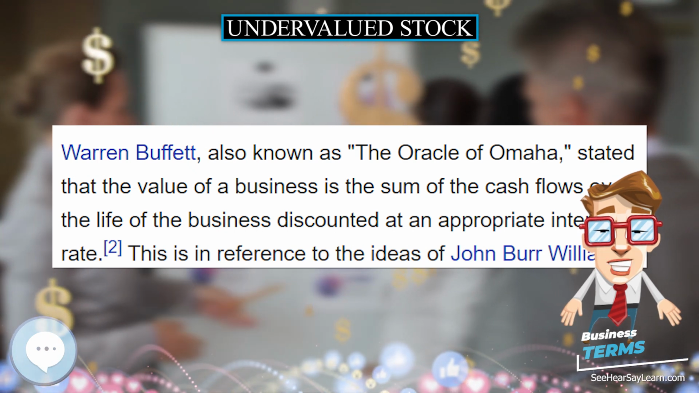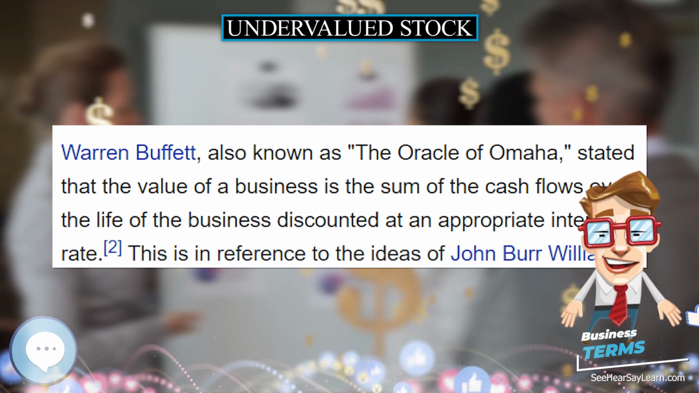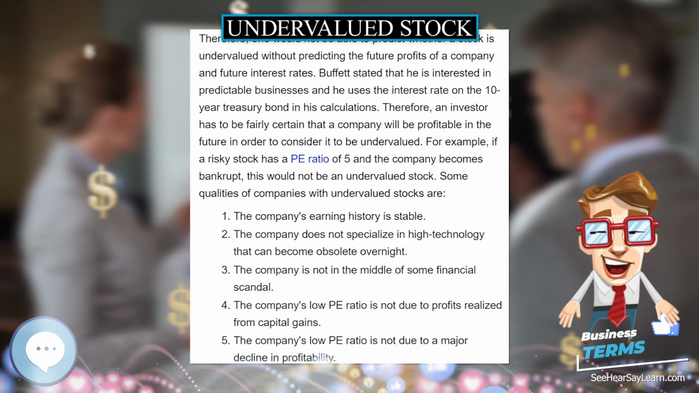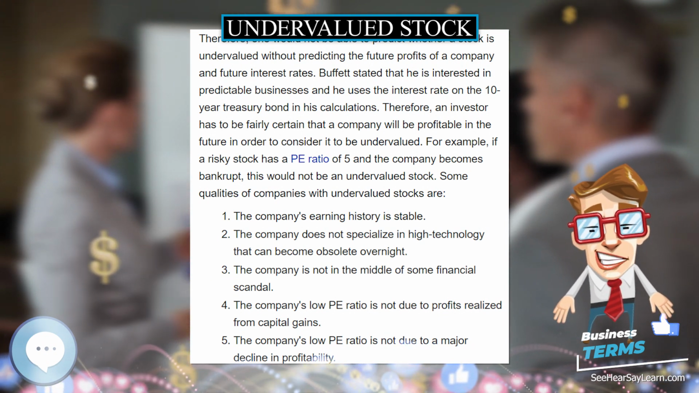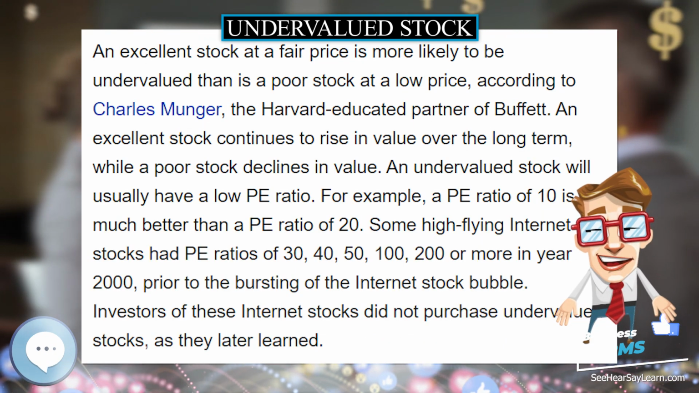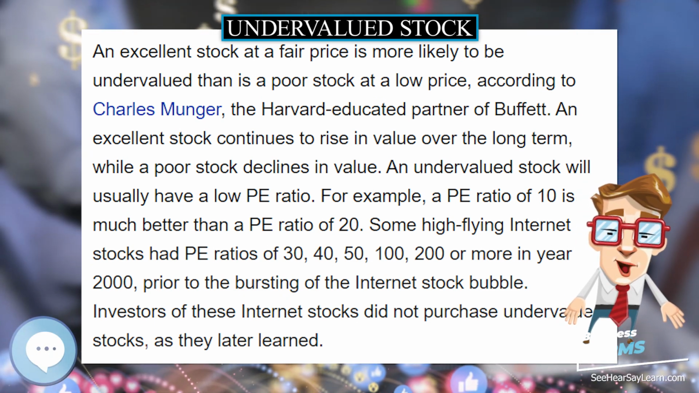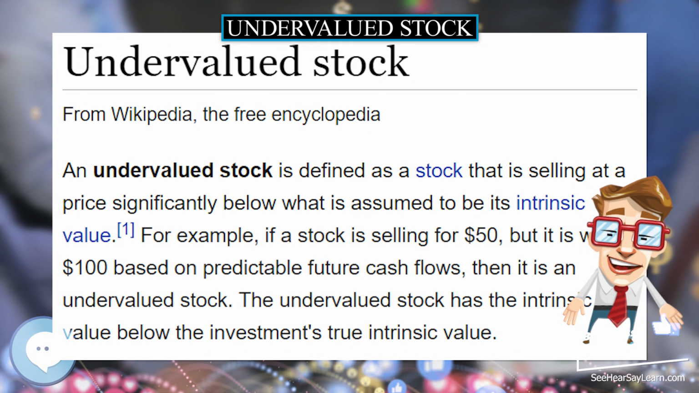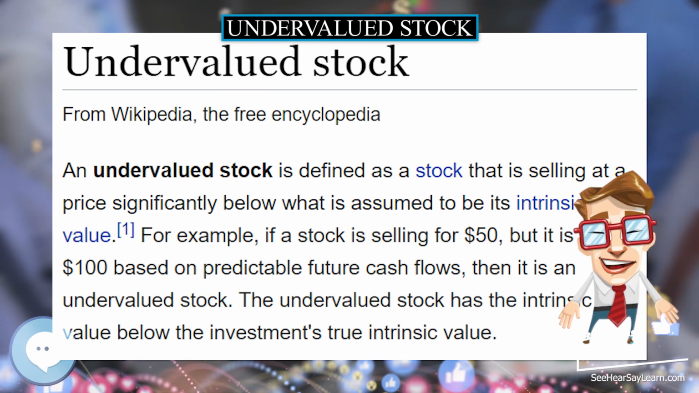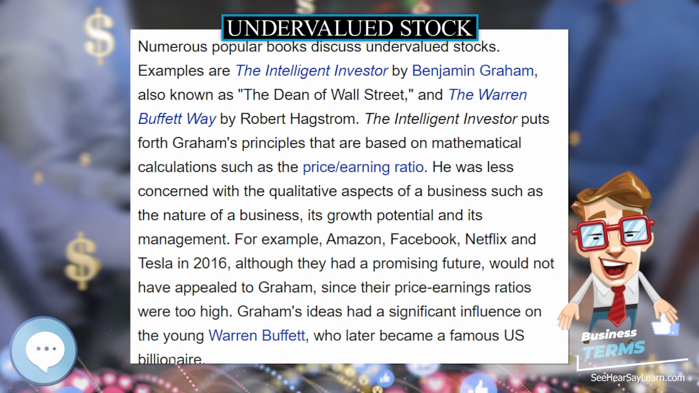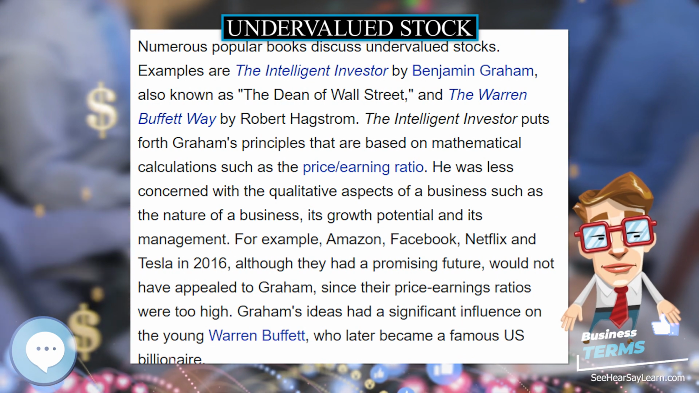Buffett stated that he is interested in predictable businesses and he uses the interest rate on the 10-year Treasury bond in his calculations. Therefore, an investor has to be fairly certain that a company will be profitable in the future in order to consider it to be undervalued. For example, if a risky stock has a P ratio of 5 and the company becomes bankrupt, this would not